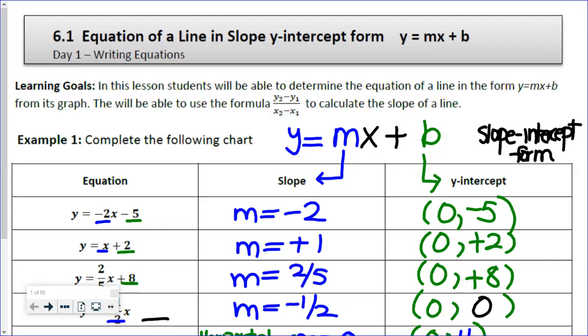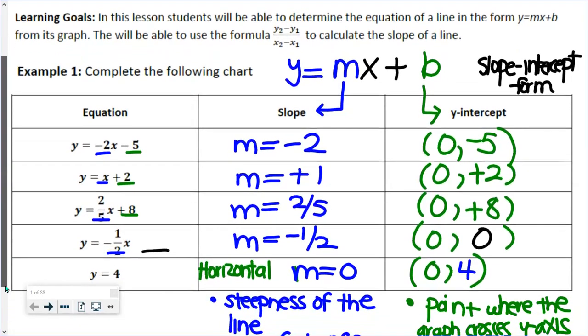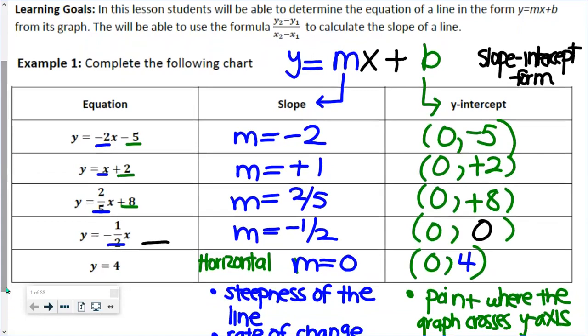So we already learned about the slope. Now we're going to talk about the equation of the line. I want you to know that the equation of the line is called slope-intercept form. We're going to learn two versions in grade 9, but the first version, the equation of a line in slope-intercept form, is called y is equal to mx plus b, where my slope is the m and my b represents